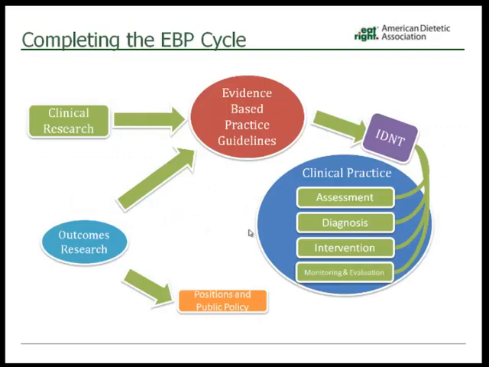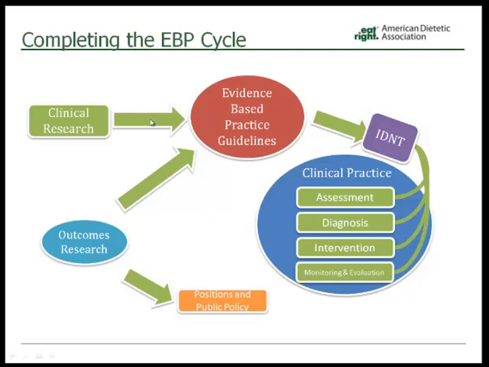In this chart you see what happens right now for evidence-based practice in dietetics, and it's similar to what happens for evidence-based practice in the other allied health professions, but this one is specific to dietetics and our language and processes. So the center of evidence-based practice is evidence-based practice guidelines. Those are generated, in our case by the Evidence Analysis Library, by synthesizing the data that's available both from clinical research, your randomized controlled trials and your prospective cohorts, and outcomes research, your real-world assessment of what's happening in practice,